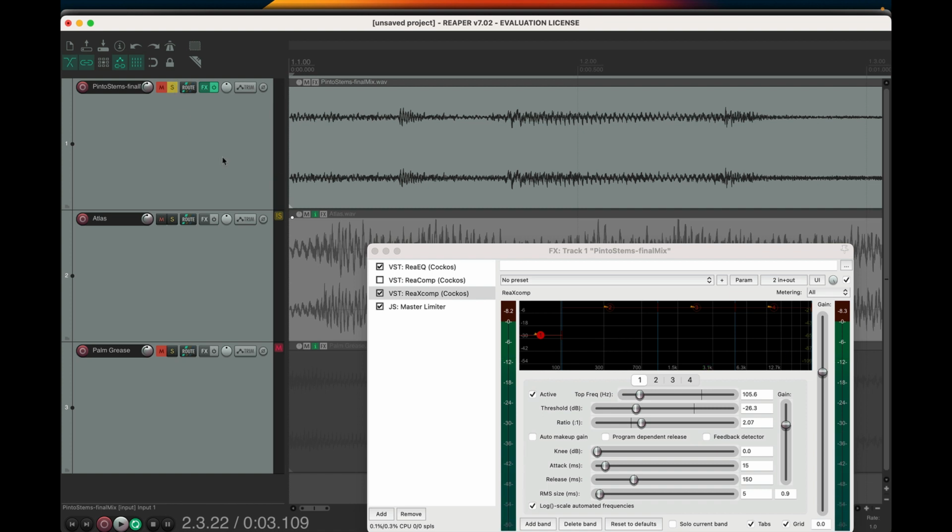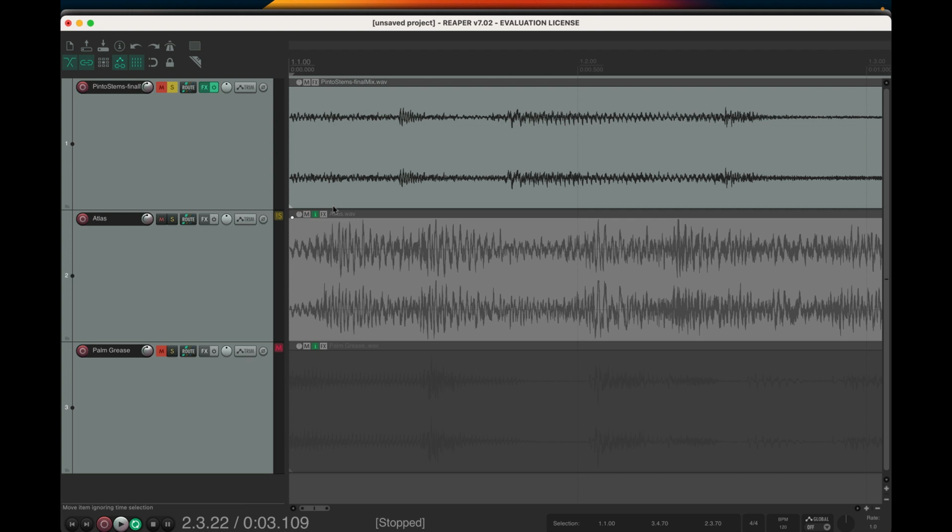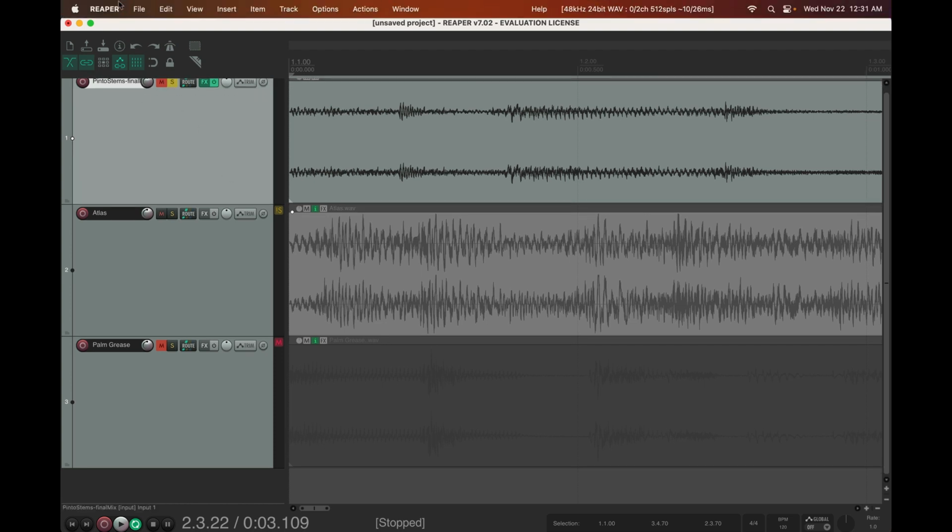So this is the moment where you might have to decide, things are different. These are different tracks. They actually sound very different in a lot of ways. So you're trying to match your reference track as closely as you can, but sometimes your track wants to sound different because it's a different piece. I'm going to say that this is okay for now, and I'm going to leave my track soloed, and now I'm going to render this